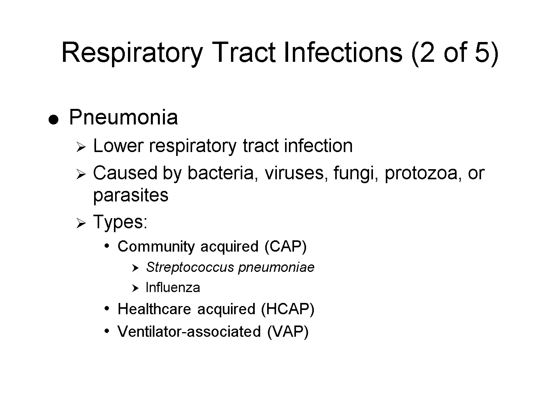Pneumonia is an infection of the lower respiratory tract that can be caused by bacteria, viruses, fungi, or parasites. It may develop in the community or in healthcare settings, including hospitals and nursing homes. Streptococcus pneumoniae and influenza virus are common causes, especially in community-acquired cases. Symptoms often include cough, fever, shortness of breath, and chest pain, and treatment is guided by the cause and severity